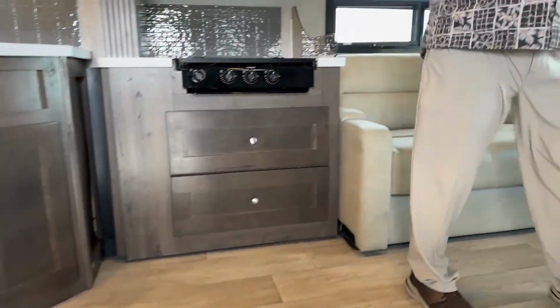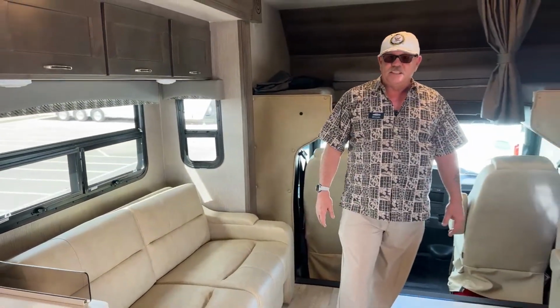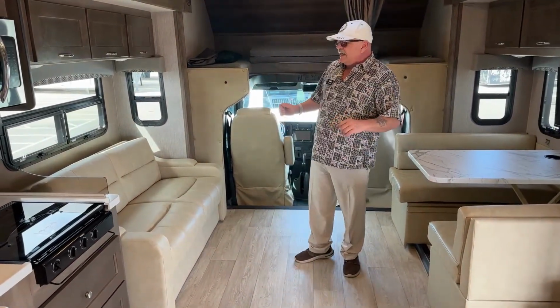All right, opposing slides inside here. If you're out camping with this thing, obviously there's plenty of room for Fergie in here. Not going to be in the way. You've got